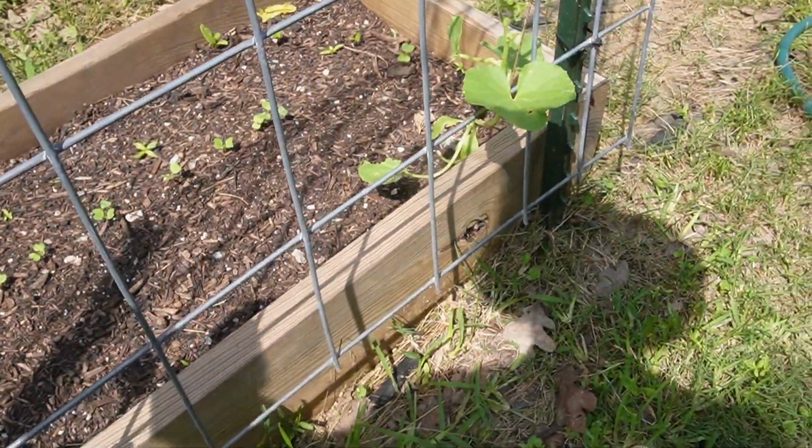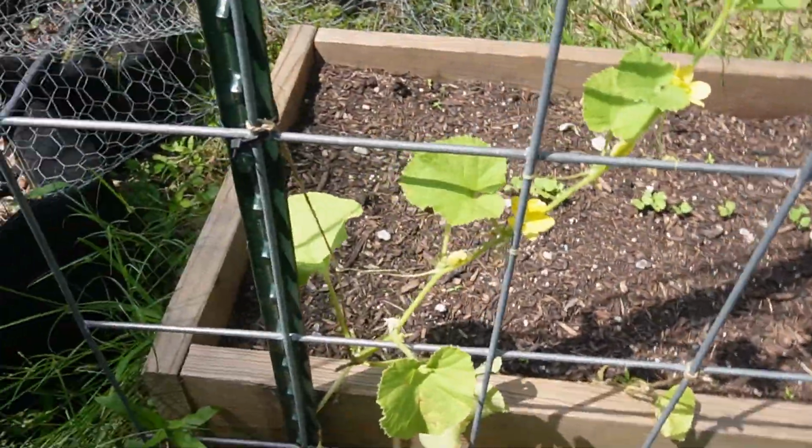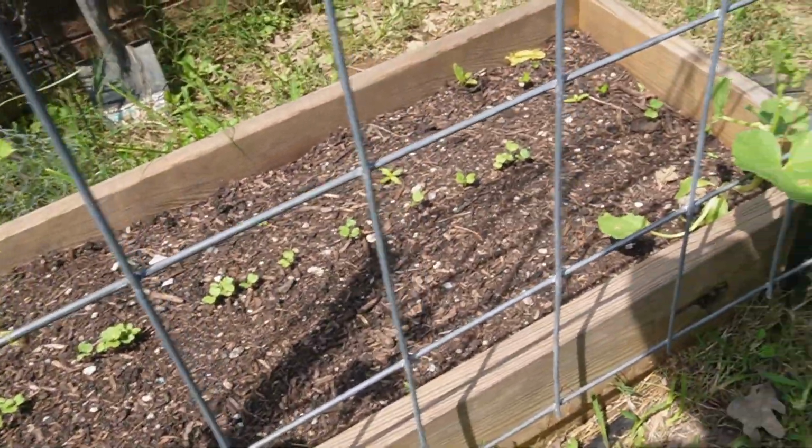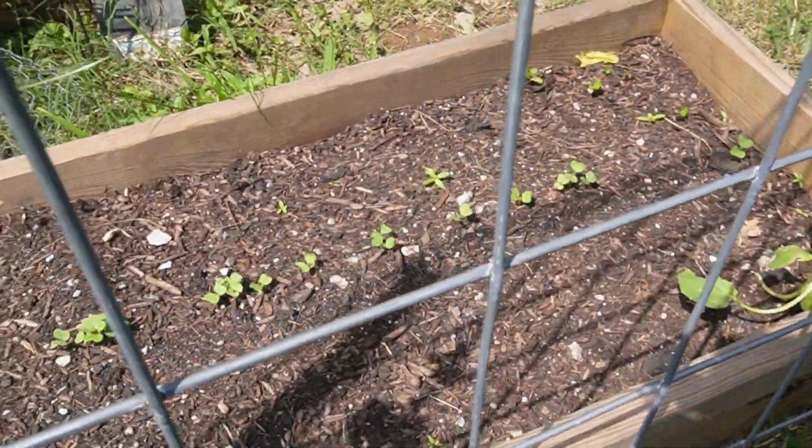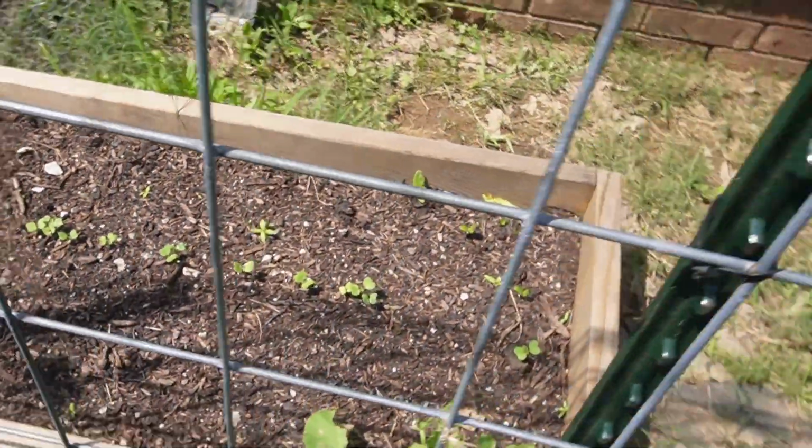There's only 2 making it so far, and that's probably okay. I'm probably not going to worry about planting more. What you see planted in the middle here is